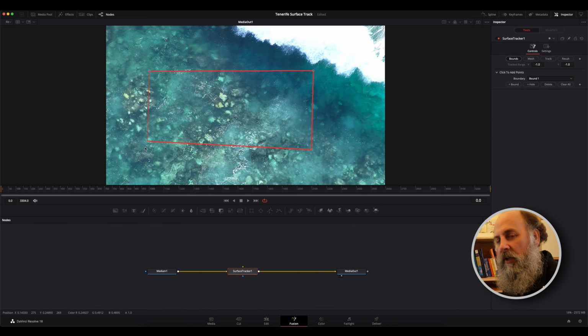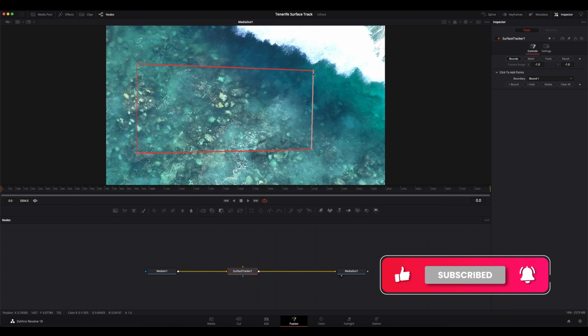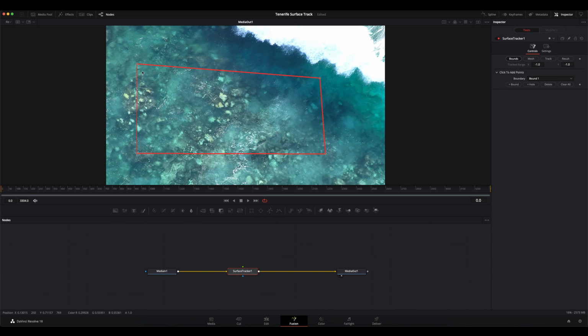This is now the area where you're telling DaVinci Resolve that you want it to track the surface of the water. You can adjust the size and the position of the rectangle by grabbing the points in the corner and just moving them around. Bear in mind that your text is going to have to fit inside this box. If the text is too big, then you might lose some of it, and also bear in mind that you need to keep the boundary away from the wave, as you only want to track the area that the wave will cover. So with that in mind, I'm going to position it where I think I'm going to want my